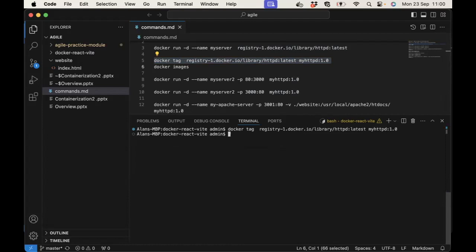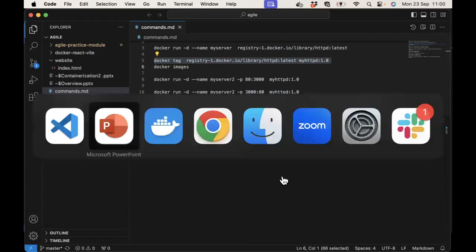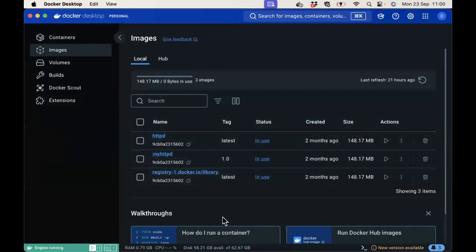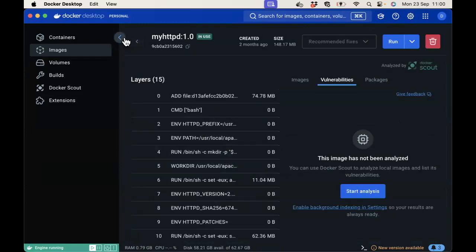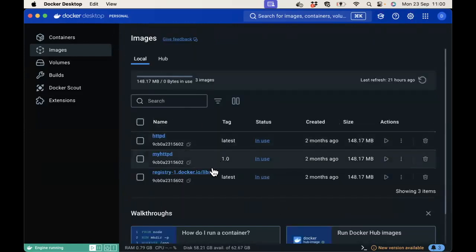And if I now look at my images, my local images, you can see here's the new one here. Okay, with my name and its tag or kind of version, I've just arbitrarily decided as 1.0. Sorry, this is very sensitive though. And now I could run a container for this particular image, even though it's the exact same as the other two. So maybe if I do that, my httpd,